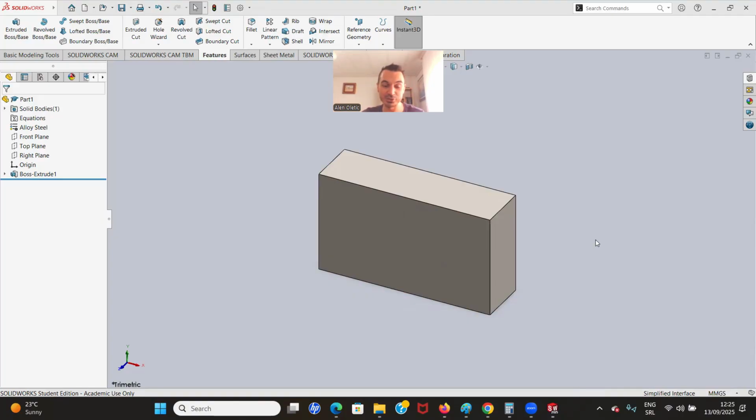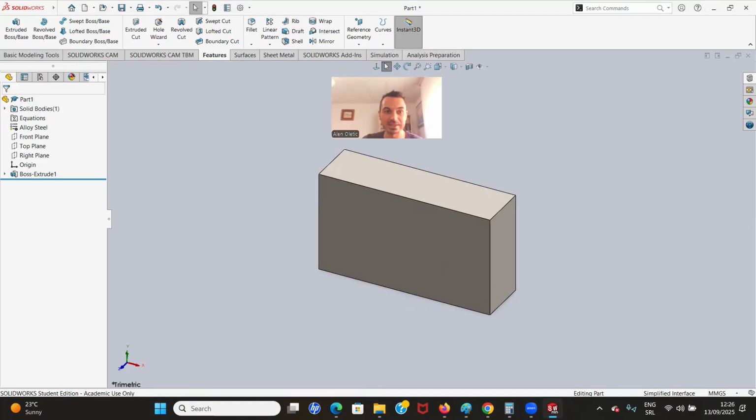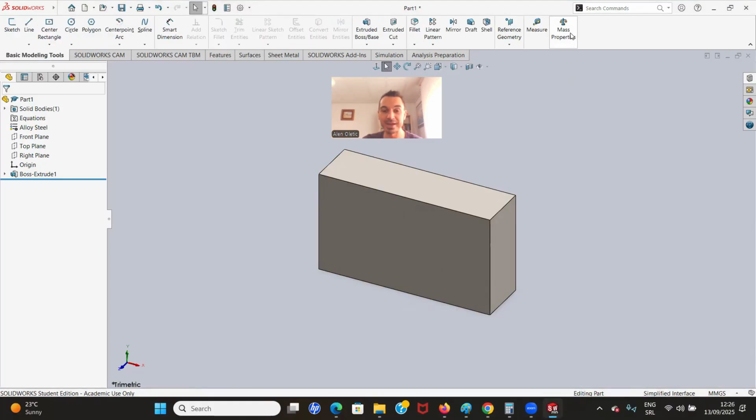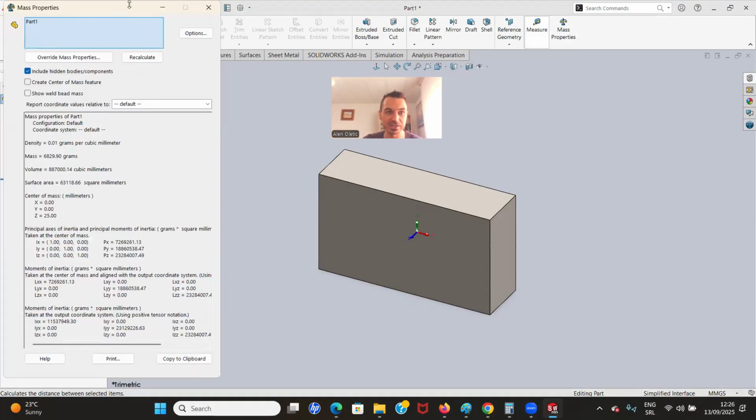Now the next thing that we want to do, we want to calculate the mass. Before we do so, you can go down here and change the units. I'm going to work in kilograms, in millimeters. If you're going to work in inches, pounds, you can use that. That's totally fine. So how to calculate the mass? Go here to the basic modeling tools, and here you have mass properties. Just click on this, and now here you have a lot of information. For example, here's the mass,